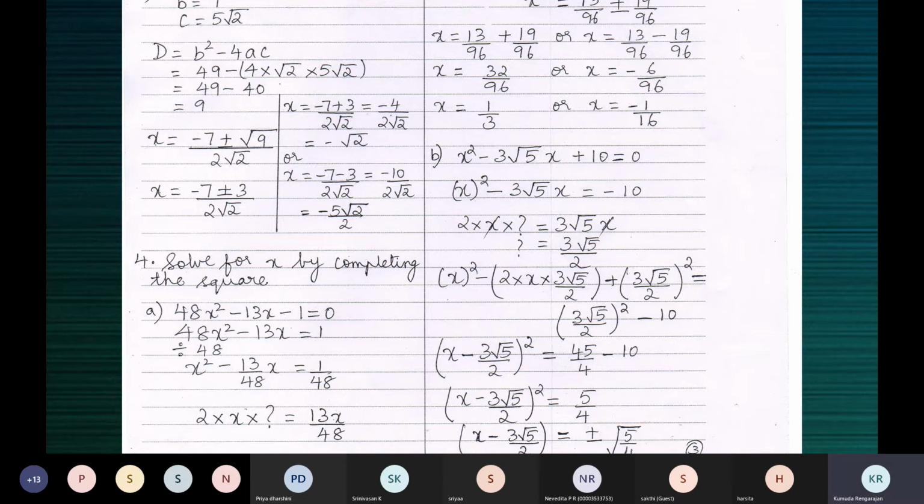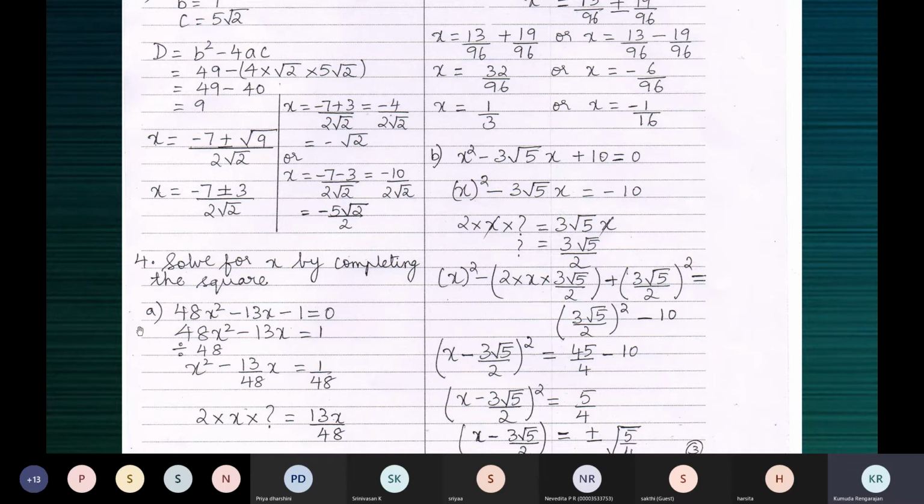We don't have the q square term, so we're going to add that q square term to both the sides, because we have p square plus or minus 2pq, and we need plus q square. So we will add q square to both the sides and we'll complete the square. Those two terms will get the third term, and those three terms will now make a perfect square, and we'll solve this equation for x by completing the square like this.